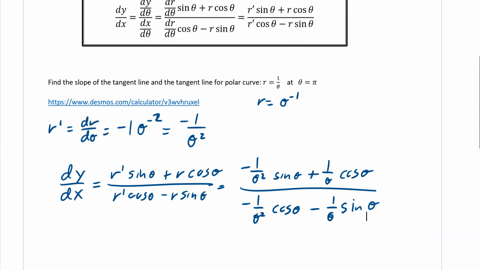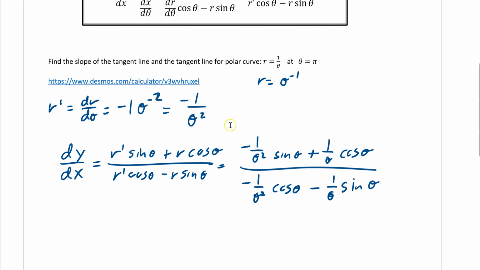But all we're looking for here is the slope of the tangent. So there's two options we could do. We could have just plugged theta into r prime right off the bat and got negative 1 over pi squared, and then plug that in instead. We didn't actually have to find the formula for the derivative. We just need to find the slope of the tangent. So we need to find dy dx for when theta equals pi. And so we're just going to plug that in. Negative 1 over pi squared